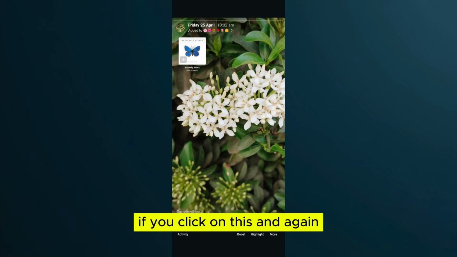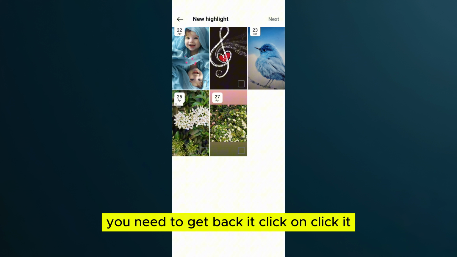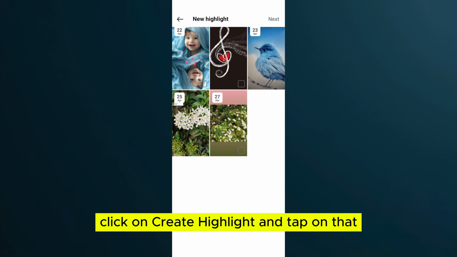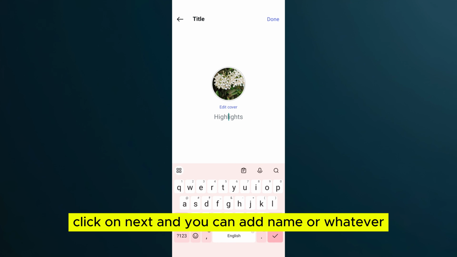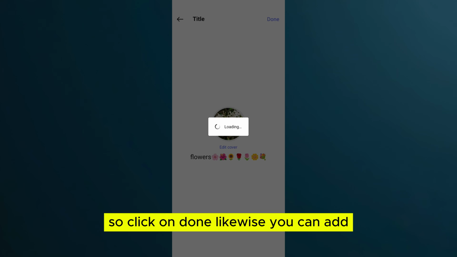If you click on this, and again you need to get it back, click on create highlight and tap on that, click on next, and you can add a name or whatever. So click on done. Likewise, you can